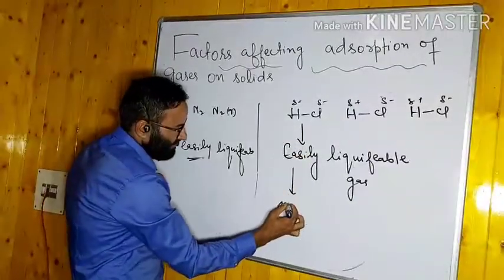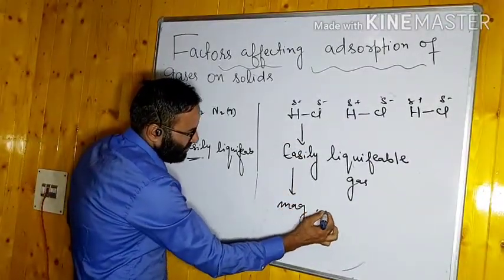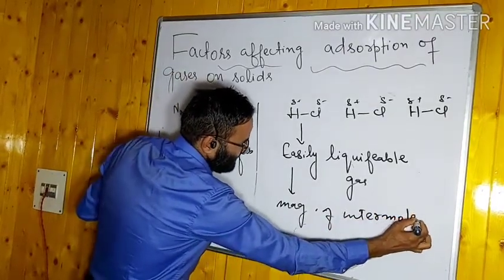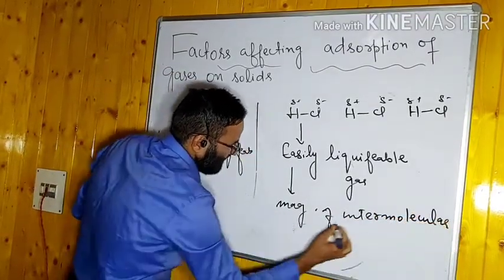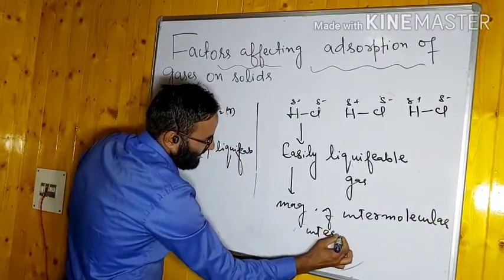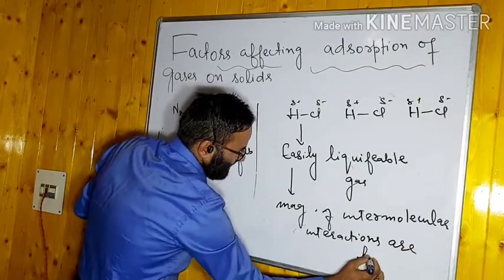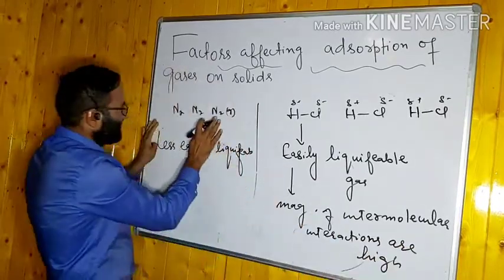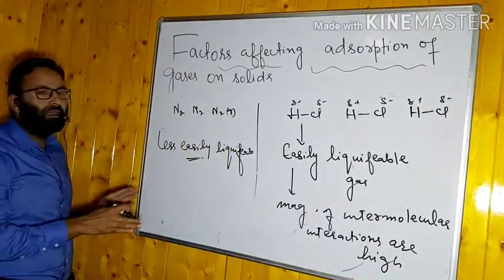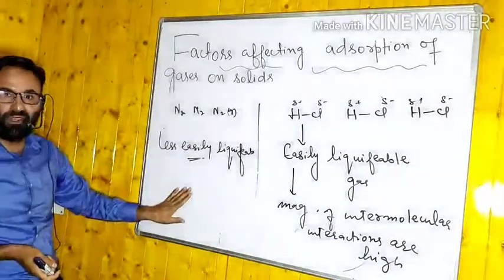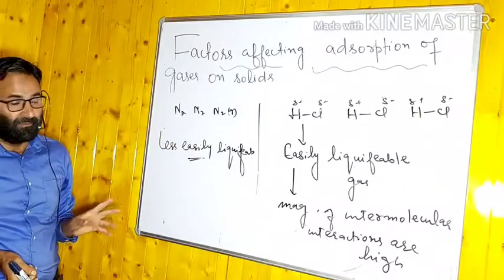यहाँ पे magnitude of intermolecular interactions are high. यहाँ पे interaction ज़्यादा है, मगर यहाँ पे कोई interaction नहीं है, प्लस माइनस नहीं है. लमिनर फोर्स विल बी देयर, यहाँ पे इंटरेक्शन कम है, लिक्विफेक्शन कम होगी, यहाँ पे एब्जॉर्प्शन कम होगी। हमने 11th